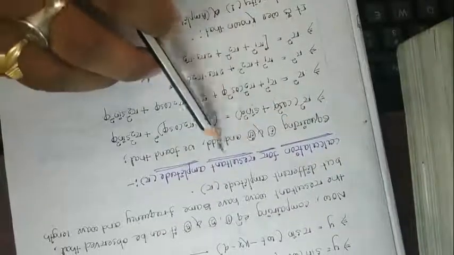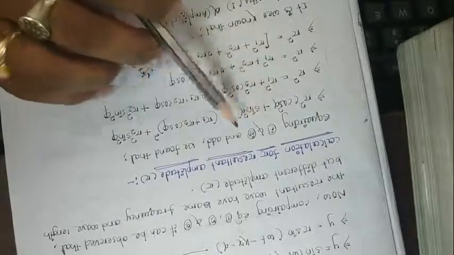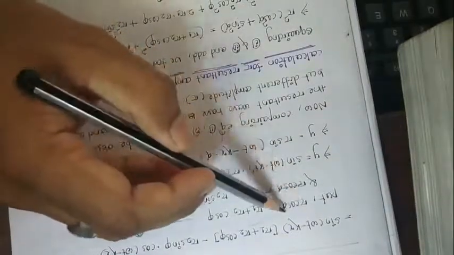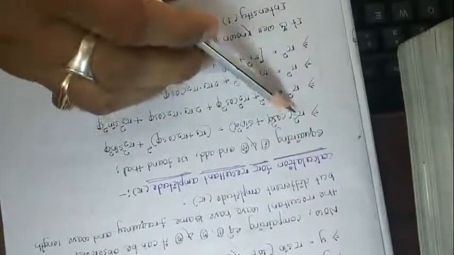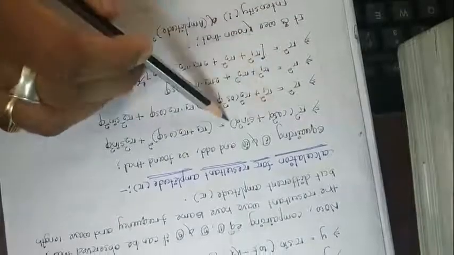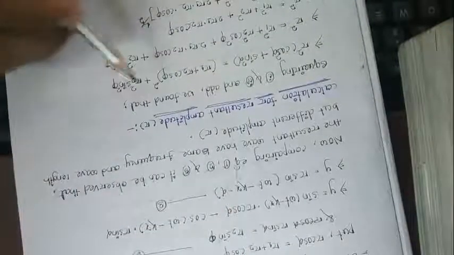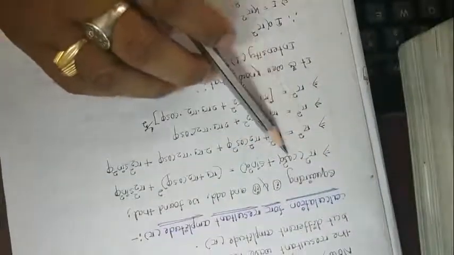Okay. So now for the calculation of the resultant amplitude R, squaring 1 and 2 and adding them. Square this equation and add up. So it will be r square cos square alpha plus r square sin square alpha on the left hand side. So on the left hand side r square will be taken common, cos square alpha plus sin square alpha. The right hand side is (r1 plus r2 cos phi) whole square plus r2 square sin square phi. So it will be 1.